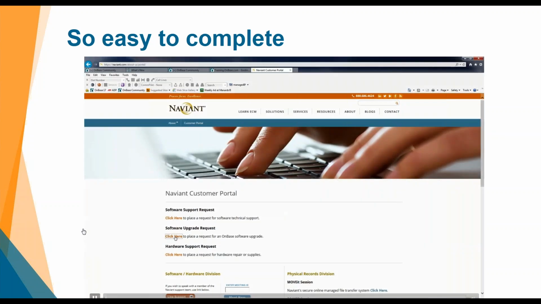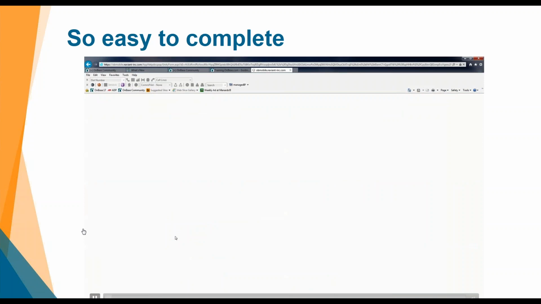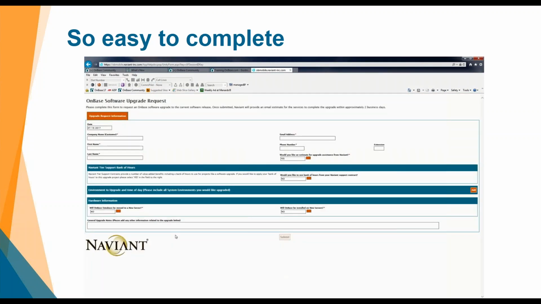We'll go through the process here and show you what all needs to be filled out. So when you click on the link, it's going to bring up the document, and you're going to want to fill out the customer, your name, first and last, your email address and phone number,